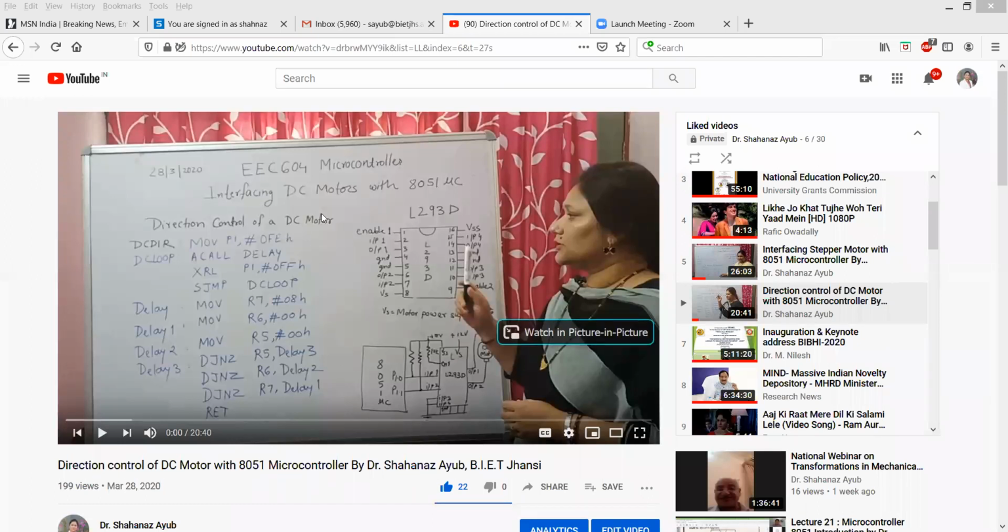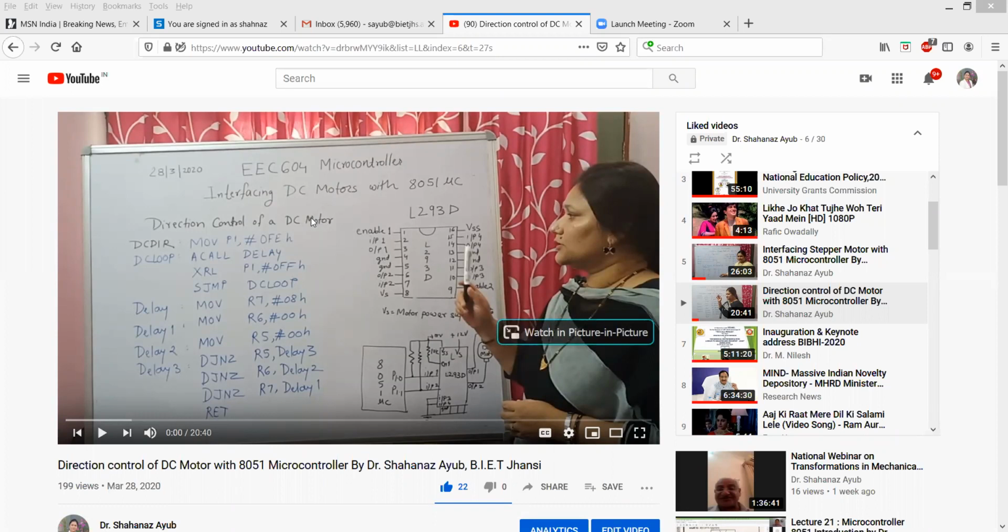The current capability of microcontroller or microprocessor output pins is not sufficient to drive the motor. So you cannot connect the motor wires directly to the port pins of the 8051.